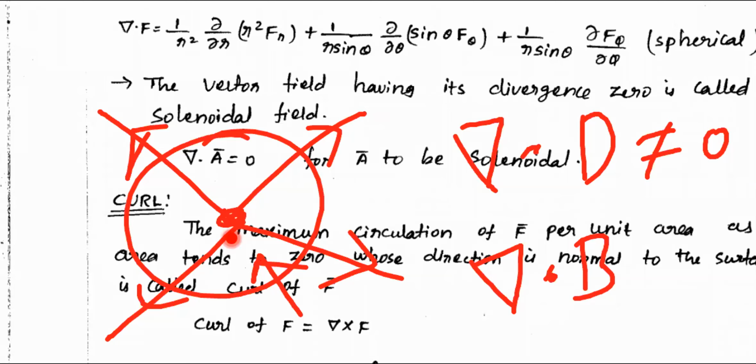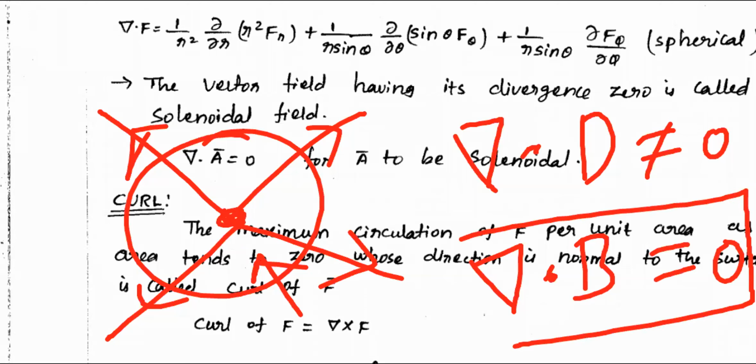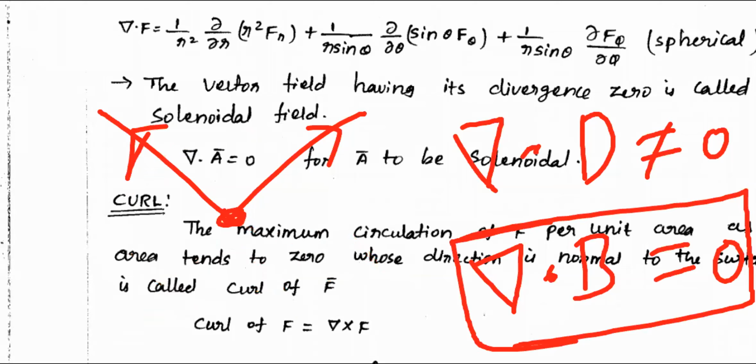Then in the case of magnetic flux, definitely it is 0. Very, very important. In case of magnetic field, del dot B is definitely 0. Always 0. Divergence of the magnetic flux density is always 0. What is the reason? Del dot B in any case or in any medium, everywhere del dot B is 0. Very, very important for the exam. What is the meaning of this? Del dot B is equal to 0.